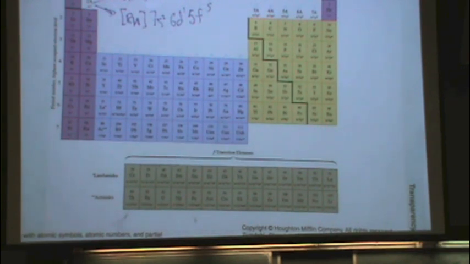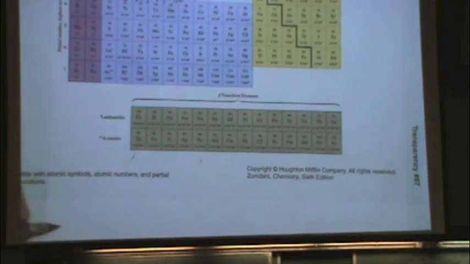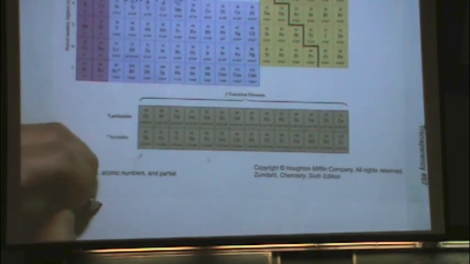What you may be expected to know, though, is if you knew the number of electrons, or if you had the electron configuration, could you predict what lanthanide you have? So let's do an example of that. Let's say you knew that the electron configuration was